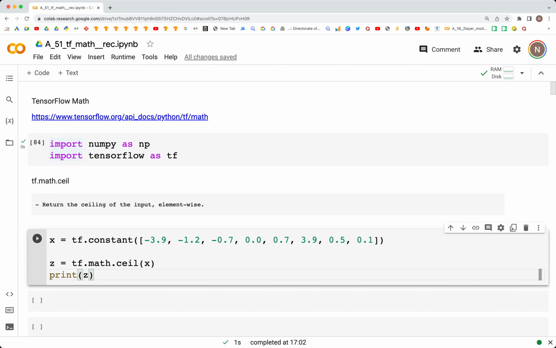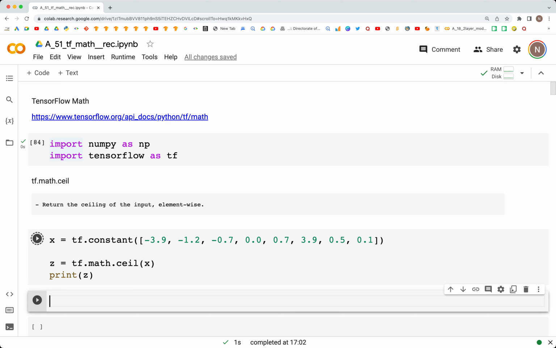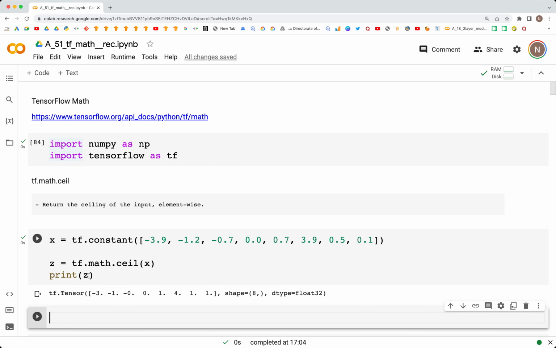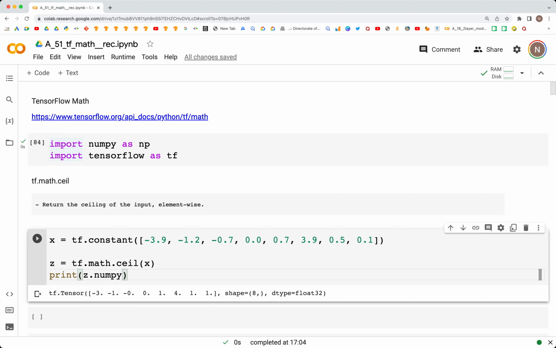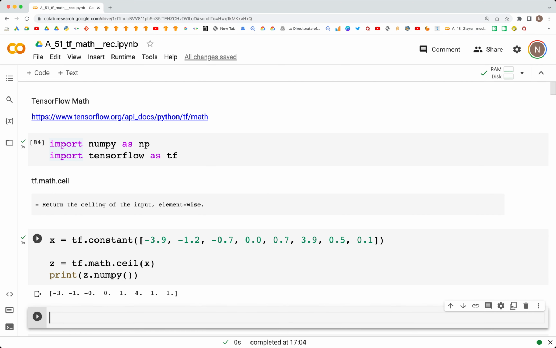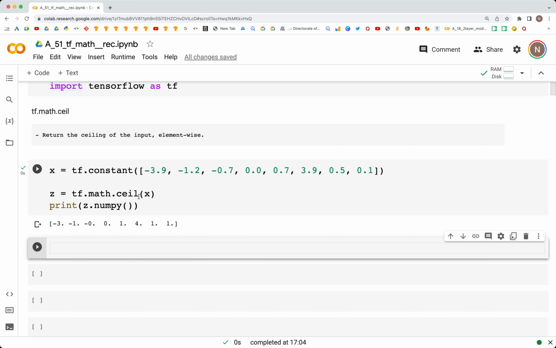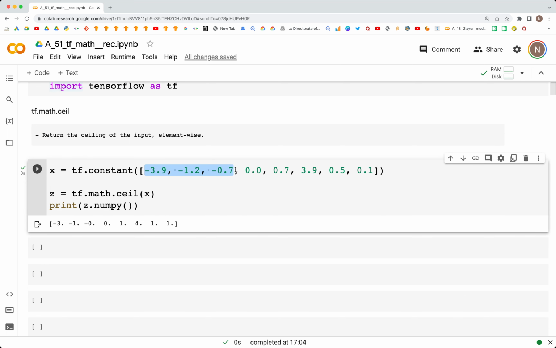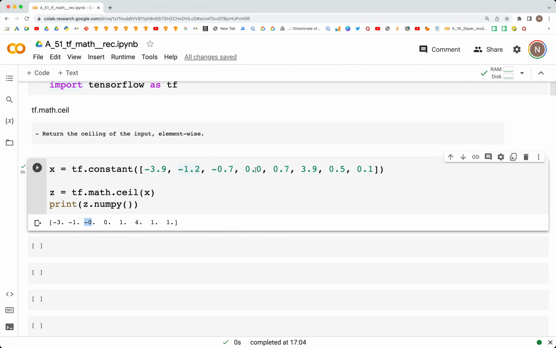Then we print the value for z, and let's print the numpy version of it. So we'll convert this to an array, and in the output what we see is as follows: the negative values that are minus 3.9, minus 1.2 and minus 0.7, essentially the decimal part is removed, and so for minus 3.9 we just get minus 3, minus 1.2 we just get minus 1, and minus 0.7 we just get a minus 0. The 0 stays as is, and for the positive values